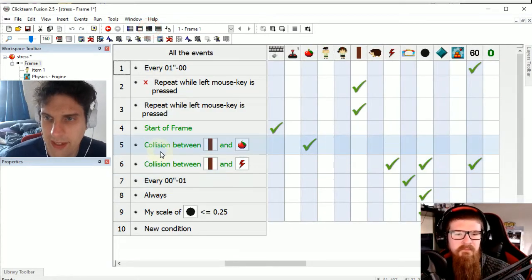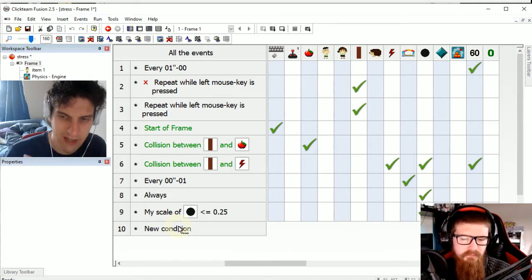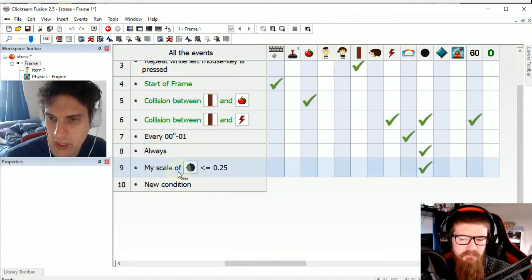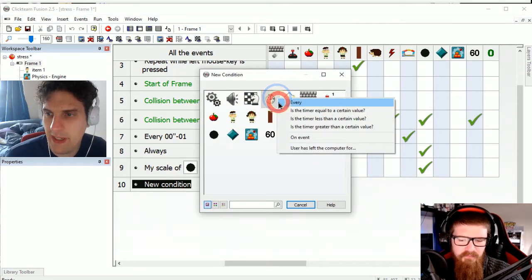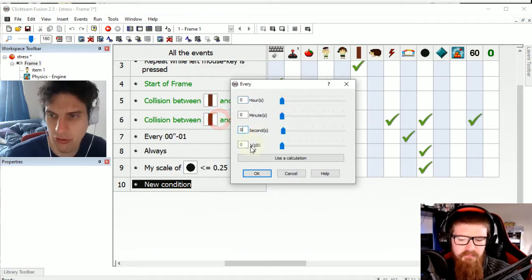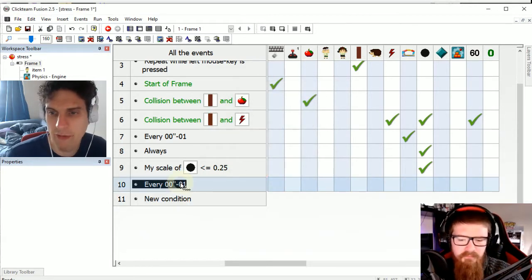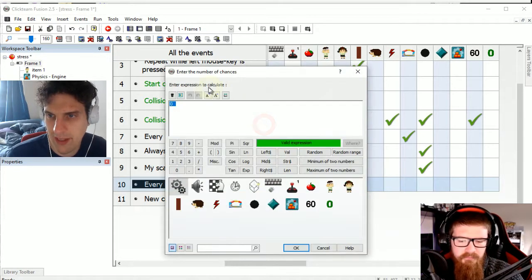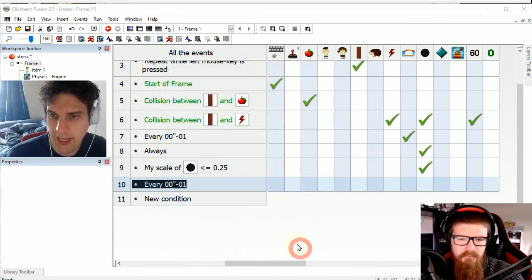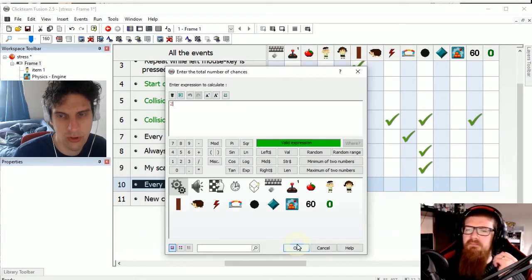So we then need to have a random time. So should we have the randomness staying the same throughout? Might as well. Yeah, keep it random. Keep it simple. Okay. So we'll say every, and we'll use the timer for this rather than just randomness, because depending on the compute speed, it'll be difficult to work out. So every, and then we're going to insert a random X out of Y chances. If there's 100, that'd be every second. That seems too much. So maybe 1 in 300.